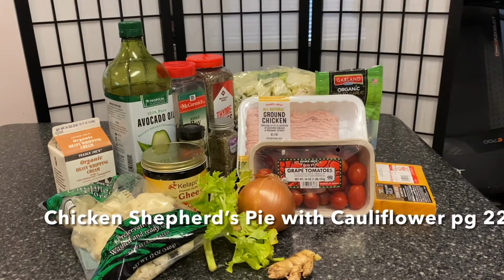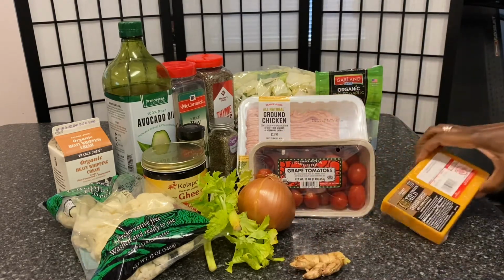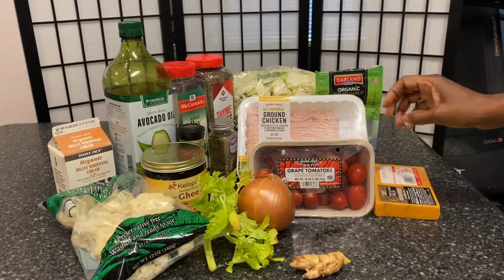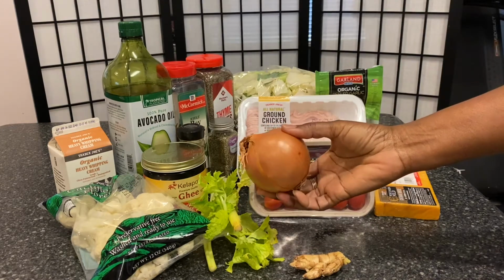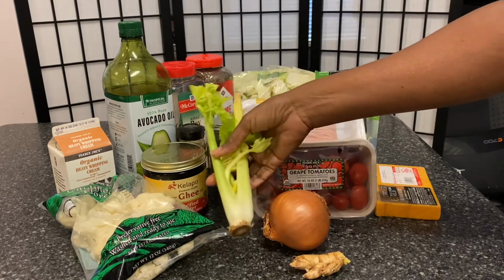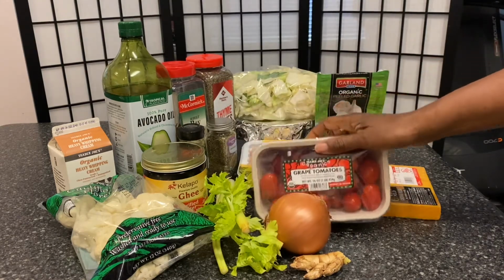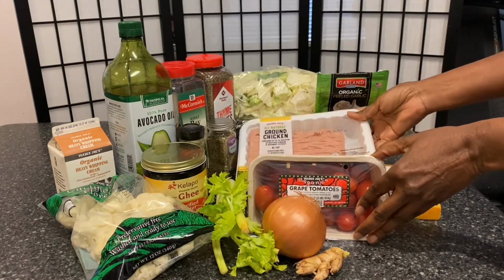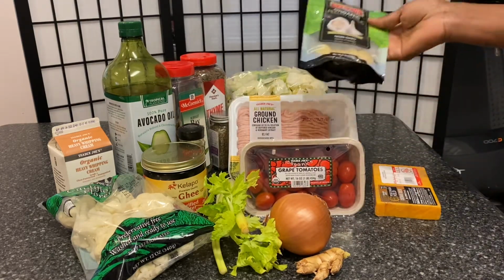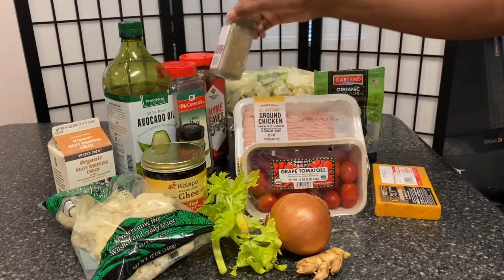The following ingredients are needed for the chicken shepherd pie: ginger, cheddar cheese, an onion, celery, cherry tomatoes, ground chicken, garlic, marjoram,